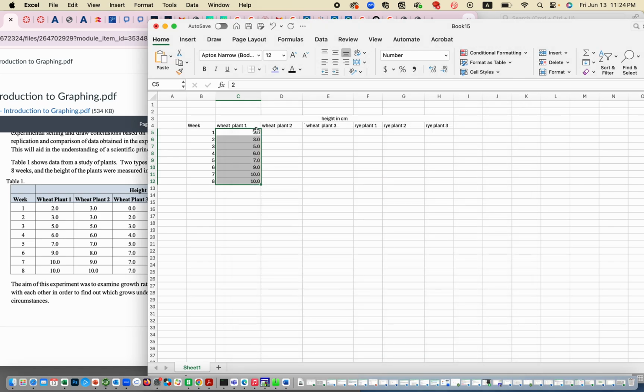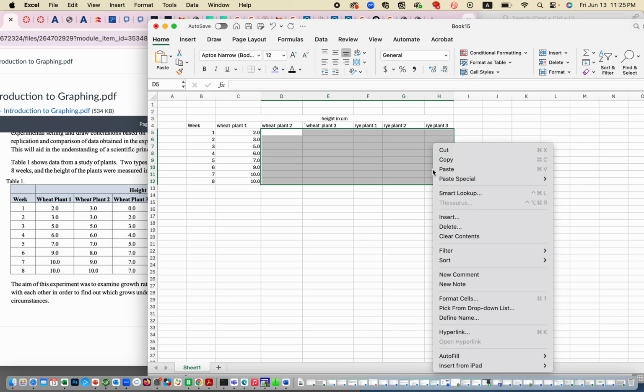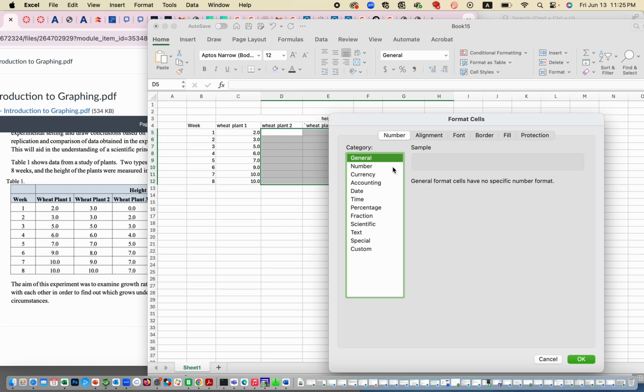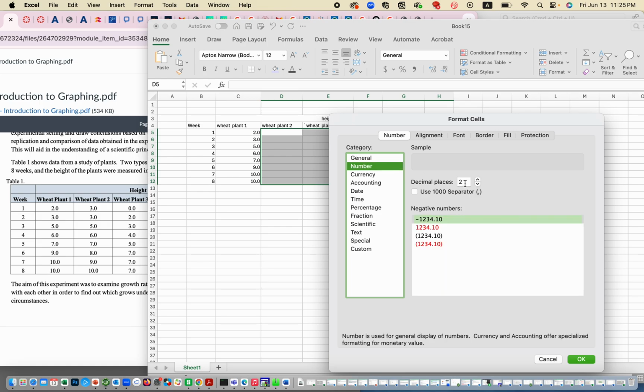So either way works, and if you want to extend all this setup to all these cells, you can click all these cells selected and do the same. We're going to do format cells. Even if you don't have any numbers here yet, whatever number we want to put in here will be to 1 decimal place. So we'll just select this